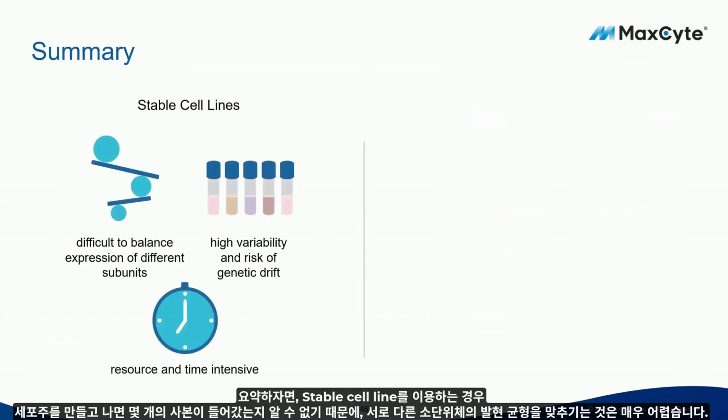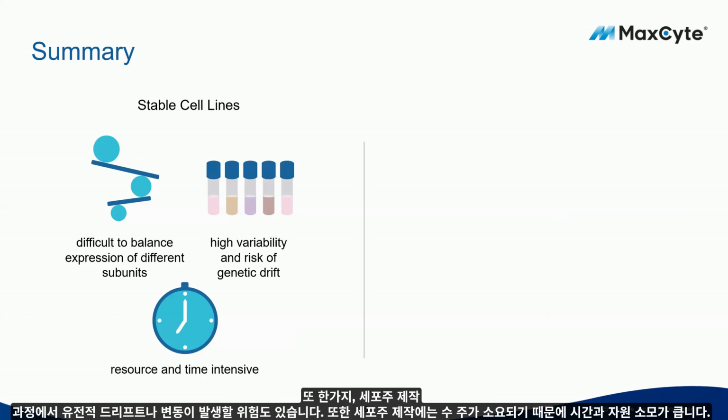So in summary, if they used stable cell lines, it would have been difficult to balance the different expressions of the different subunits, for example, the wild type and the variant. It's kind of hard to balance that after you start expressing it stably in the cells because you don't know how many copies they took up. Another issue with cell lines is risk of genetic drift and some variability with each time you generate it, it could be different. And then this is also very resource and time intensive because it takes several weeks to establish